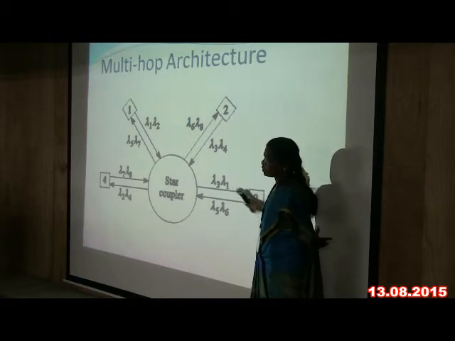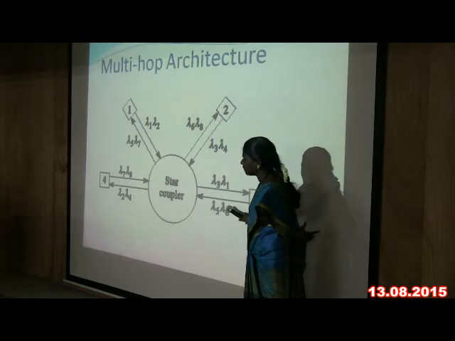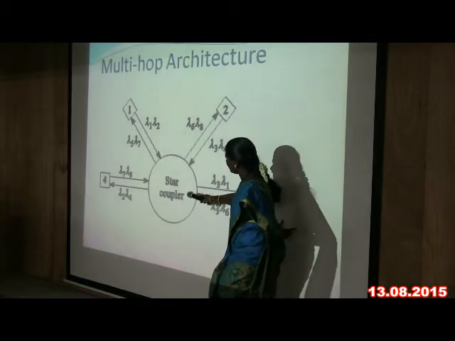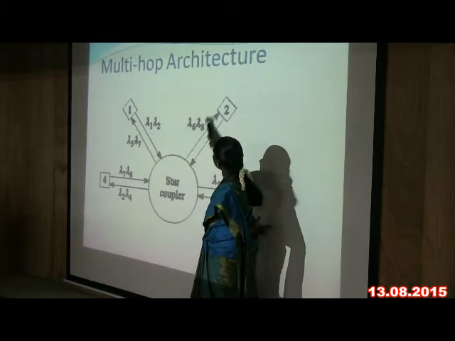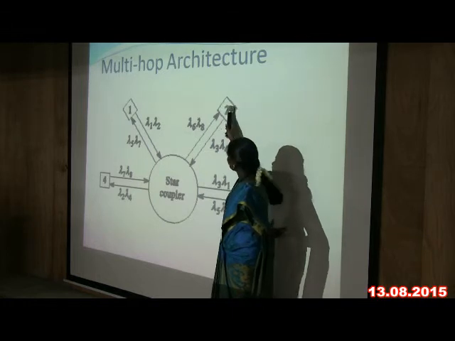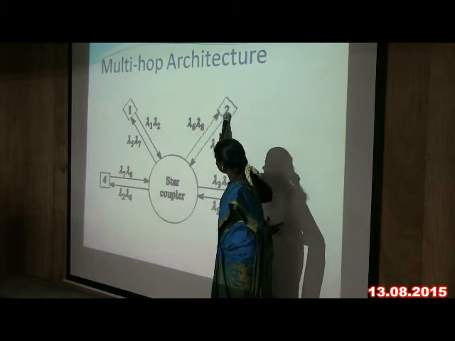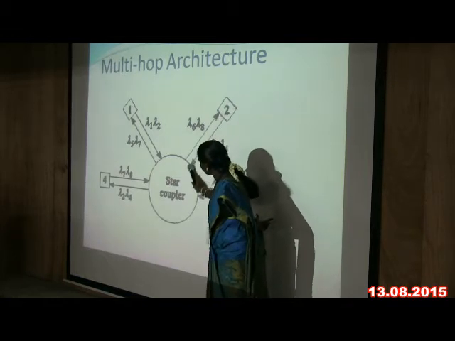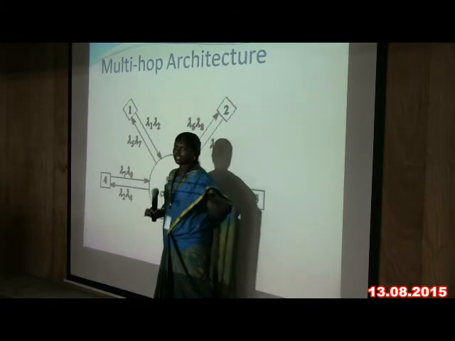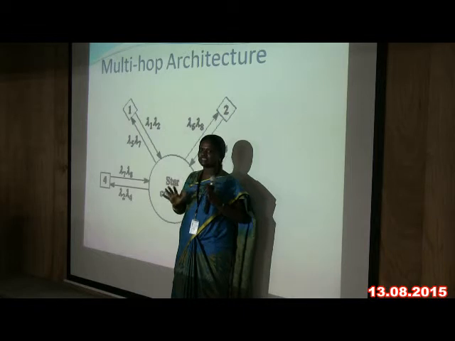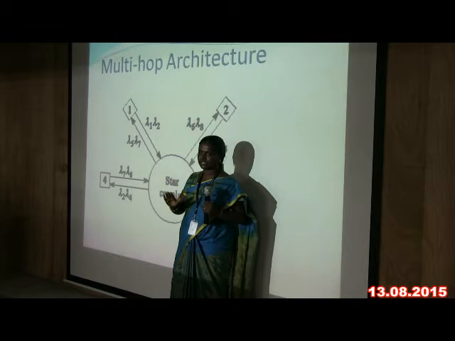Node 3 receives the signal using the lambda 1 wavelength and then transmits using either lambda 5 or lambda 6. The lambda 6 wavelength signal is transmitted to this node. From this node, it transmits using the lambda 4 wavelength, and from this wavelength it is transmitted to node 4. Here the transmitting and receiving wavelengths are fixed.